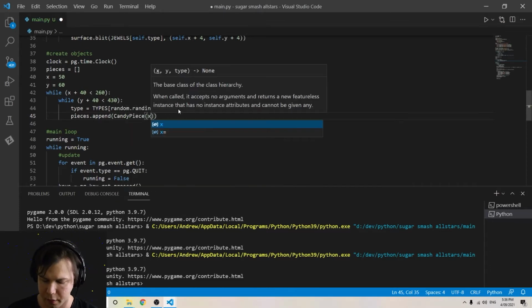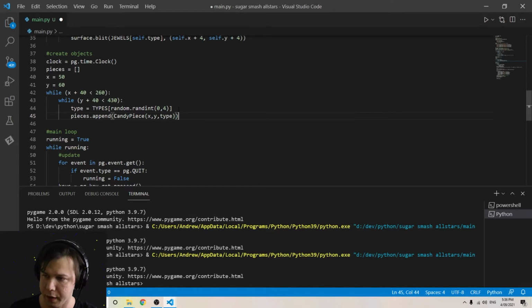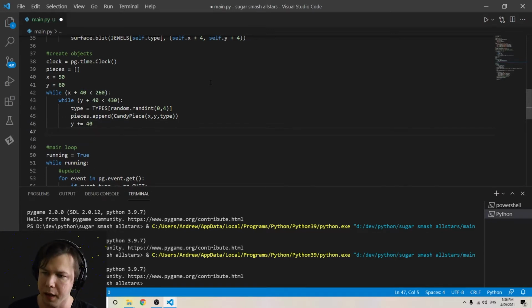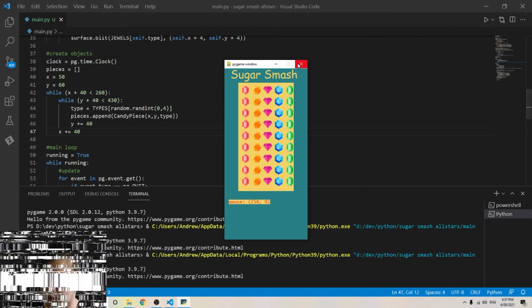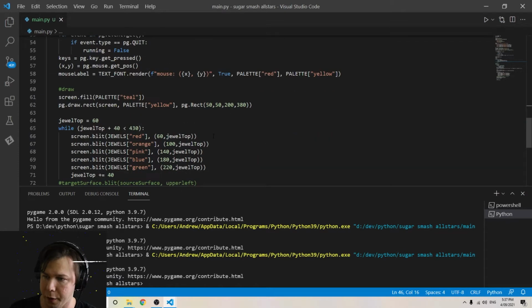Create a candy piece using the x and y from within the loop and the type variable which was set here. Then this is within the y loop, so we want to increment y plus equals 40, and then we want to increment x at the end of the x loop. But if we run this, oh, of course, because I haven't fixed up my code. Okay, so